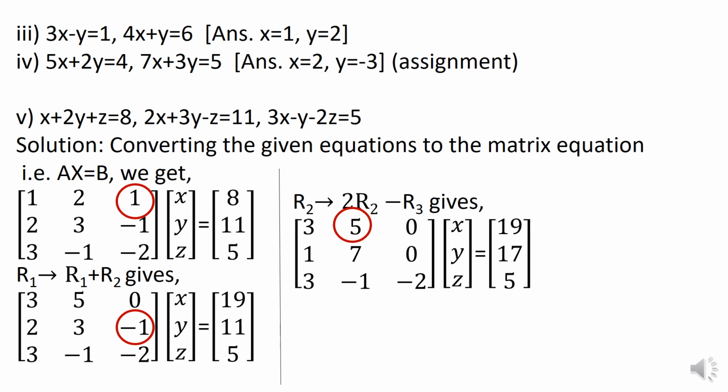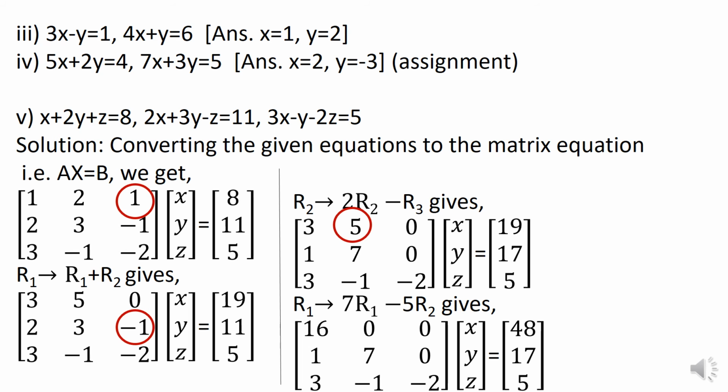Then in the next step, we want to convert 5 to 0, and this can be done by doing 7R1 minus 5R2. If you want, just pause the video and think how 7R1 minus 5R2 converts 5 into 0. Correct. 7 5s are 35, minus in the corresponding position 5 7s are 35, and 35 minus 35 becomes 0. Thus we get 0 in the appropriate position. Thus now we have converted matrix A into a lower triangular matrix. On the RHS also, the corresponding conversions have been applied.